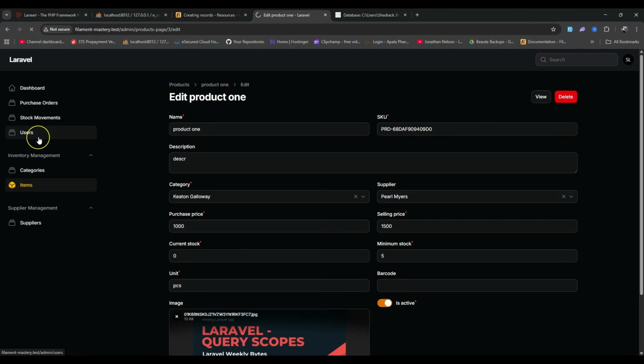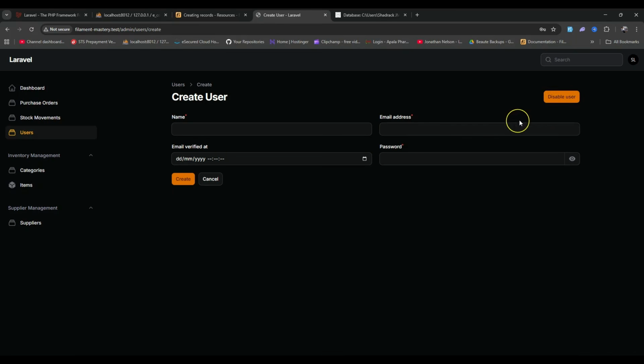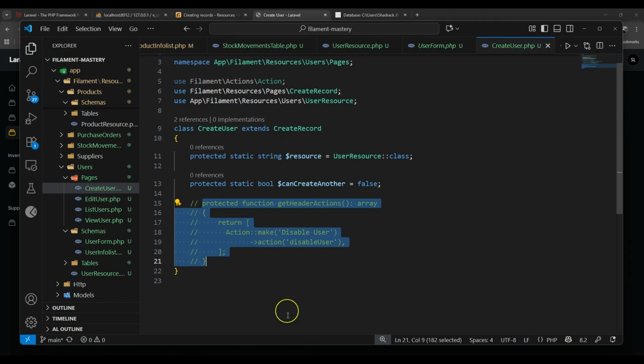and let's go to the users and let's go to the new user, and here you see this action, but now it does not perform anything, I've just shown you how you can add it. So if you perform the logic here for, let's say, disabling a user or doing anything, that will be able to perform that functionality automatically. So I'll just remove it from here,